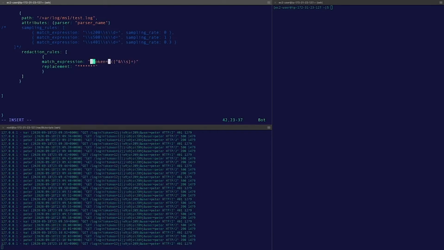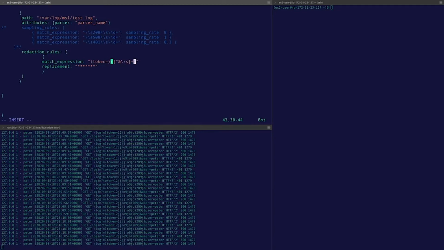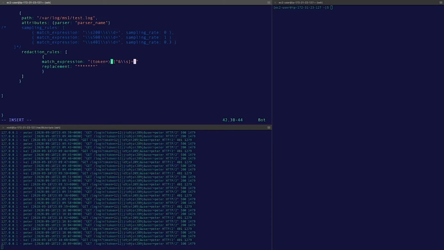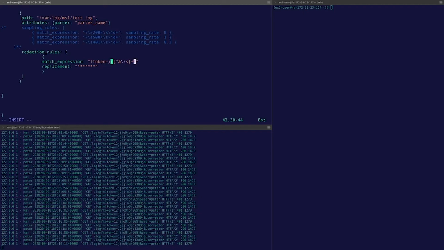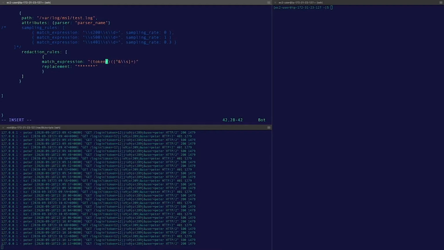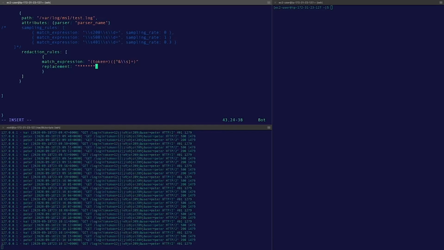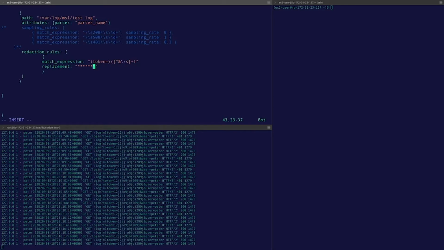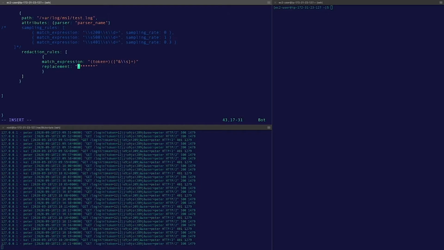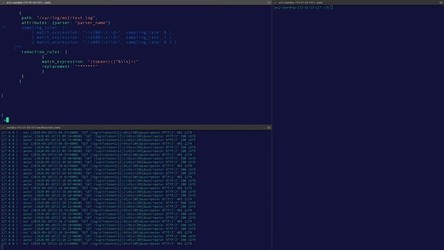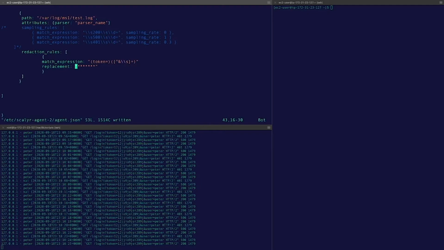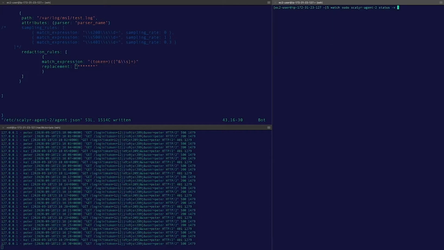What we're doing here is we have two groups. We have group 1, which is token equals, and then group 2, which is going to be the actual token. This pattern is just going to pull the token. And then what we're going to do is replace the whole thing with asterisks. So if we save this,